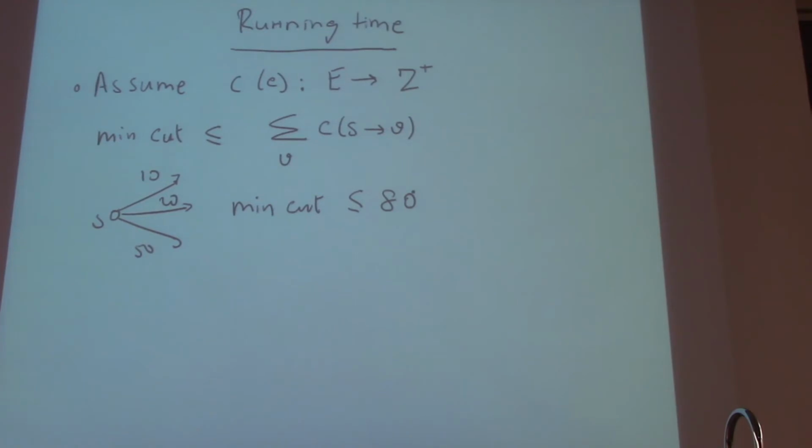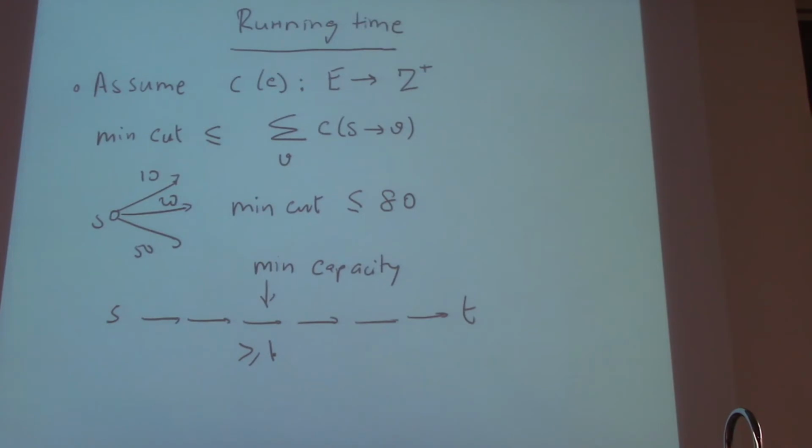Any path from source to sink, if you look at the minimum capacity, so let's take a path from source to sink in the residual graph, right? So we have source, we have some edges, and we have the sink. And let's look at the minimum capacity edge here. Remember that all capacities are integers. And when we subtract flow, they remain integers. So the min capacity, if it's not 0, has to be at least 1. Because these are all integers.